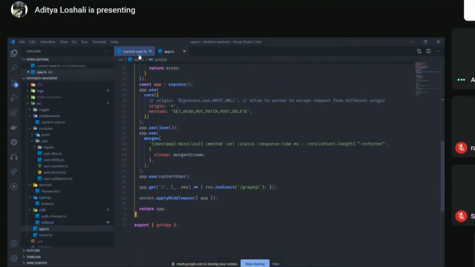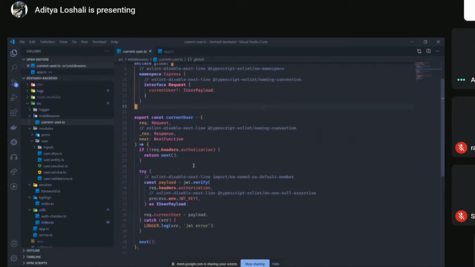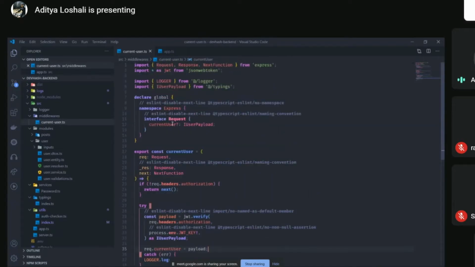What this does is it expects the authorization token, and if it is present, it decodes it and attaches it to the request as current user. But no error is thrown from here. Even if you didn't provide an authorization, it will still let you proceed, because maybe we don't need to authorize the route. So this will just try to decode the current user property. And here we define that current user is optional, like it may or may not be present.